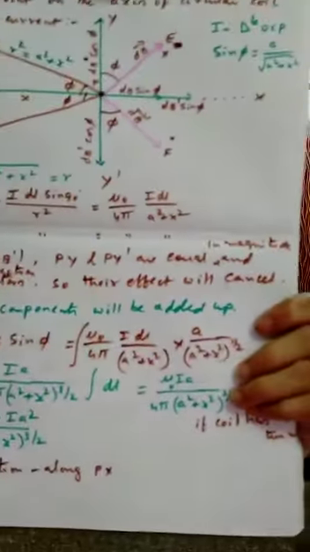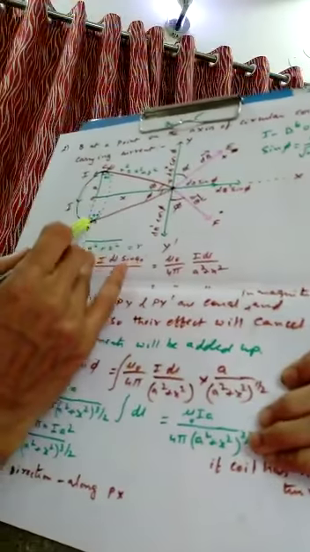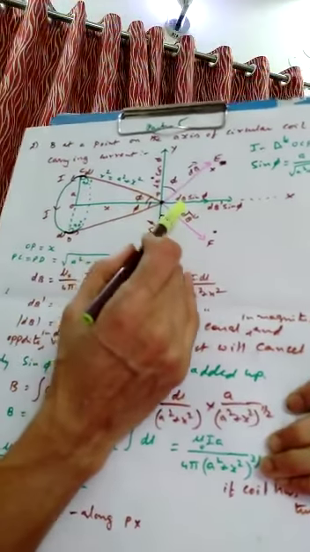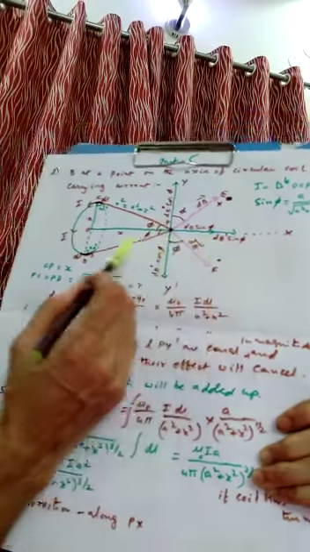It forms a circle, cos phi components. One is perpendicular to here and here, cancelling; here and here cancelling; here and here cancelling. All cos phi components will get cancelled. Only sin phi components are left. If you integrate these sin phi components, we will get the total field induced due to the coil carrying current on the axial line of a circular coil carrying current.